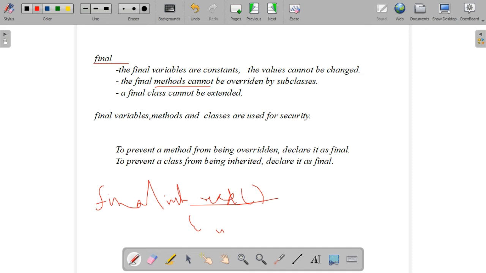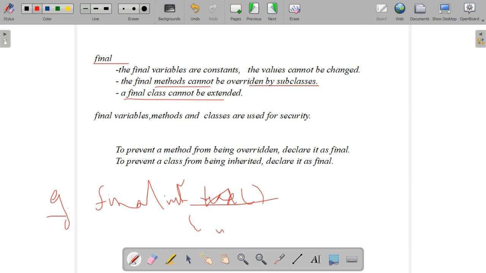How will we write a final method? Final int read off. This is the way we will write it. I have given an example here. So this method cannot be overridden by the subclass.